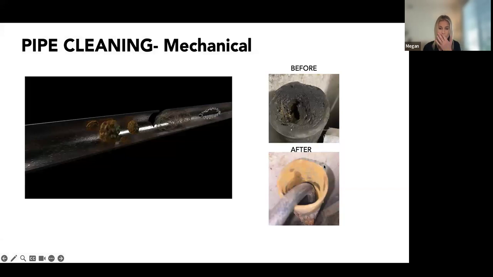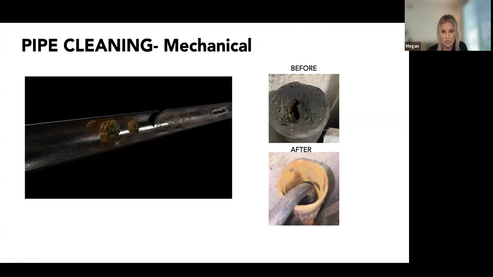Next is mechanical cleaning. This is a different type of cleaning recommended for those vertical stacks within the building or even anywhere that you're not seeing the hydrojetting removing all of that buildup, which it can. In the top picture here, sometimes hydrojetting can just create a little bit of an opening like that versus completely opening up that diameter and allowing waste to be restored again.